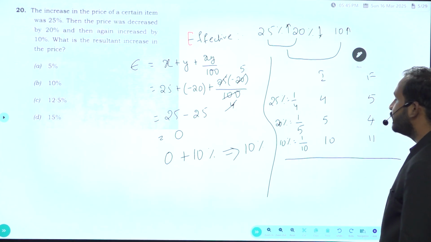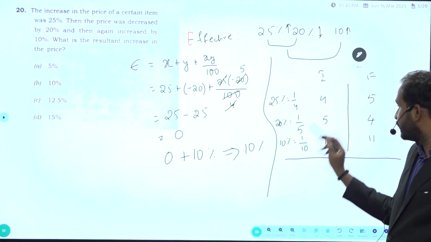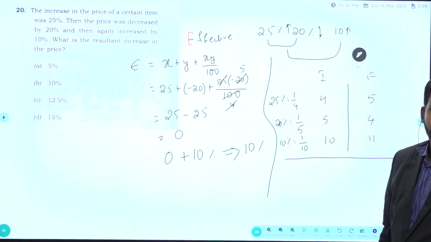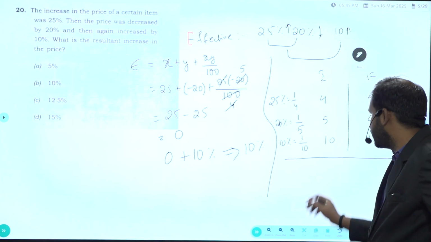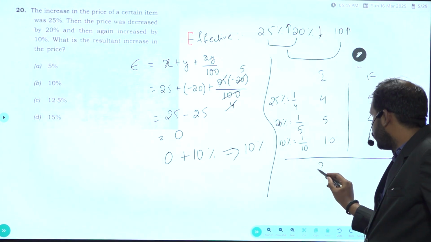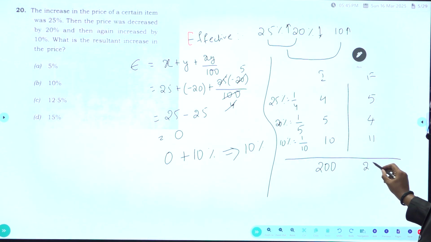So now simply multiply them. And while multiplying, keep an eye on this one. If anything is cancelable, please try to cancel them. Or else go with the general multiplication. Either way, you will get the same answer. 4 5s are 20, 20 10s are 200. 5 4s are 20, 20 11s are 220. That means initially it is 200, now it became 220.